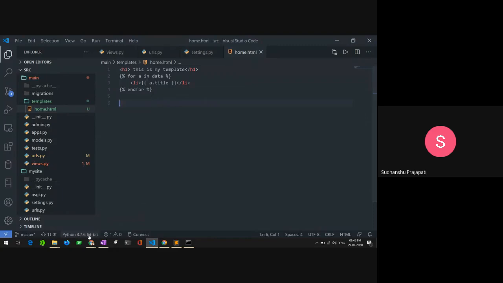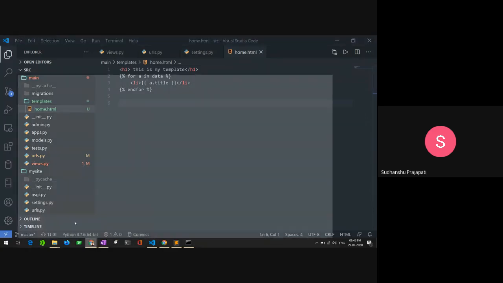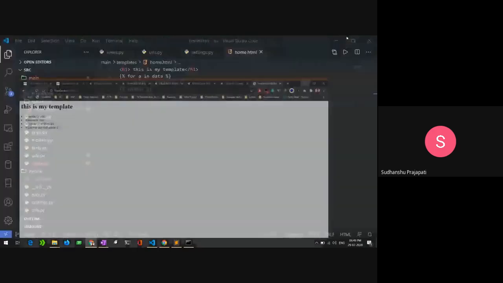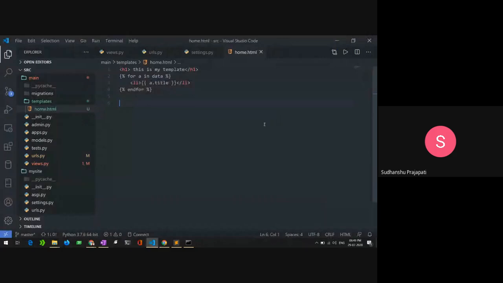But if you go here, we don't have any kind of styling, nothing interesting. And we will also talk about how, if I want something not to be shown when the for counter is even or odd, I can use an if condition here.